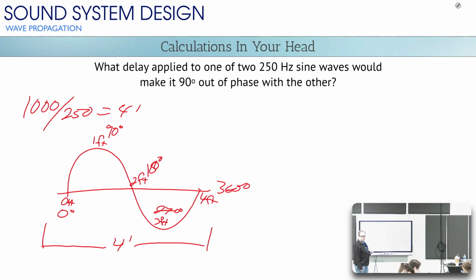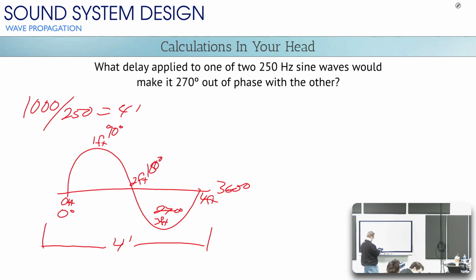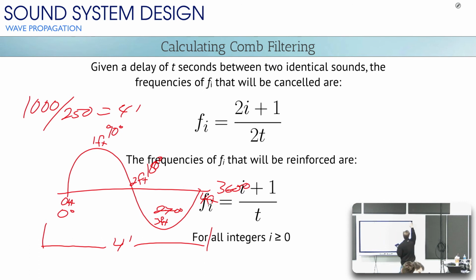So for 250 hertz, if I delayed a copy of that by 1 millisecond, it would now be 90 degrees out of phase with its twin. Okay, does that make sense? All right. Same scenario, how much delay would I have to do to make it 270 degrees out of phase? 3 milliseconds. Okay, you get that? So, all right. Now,